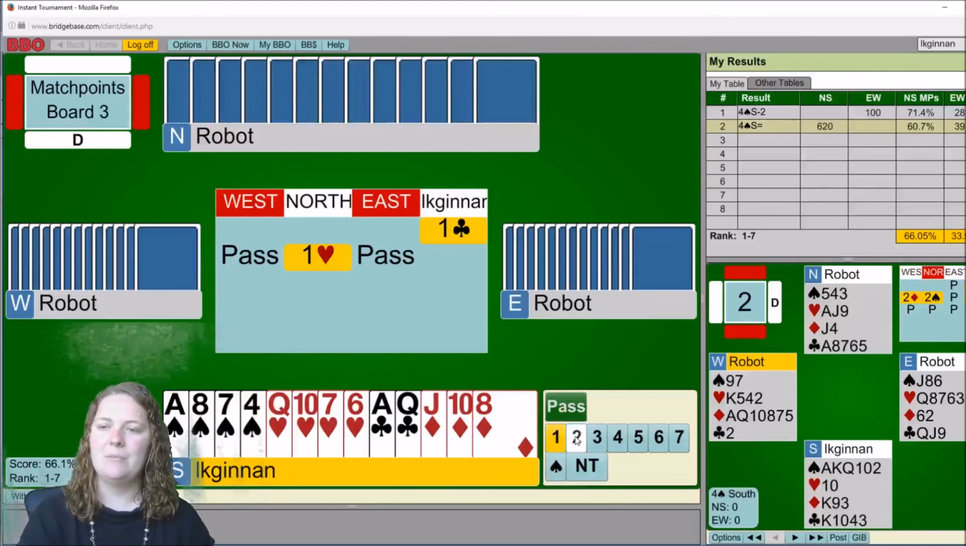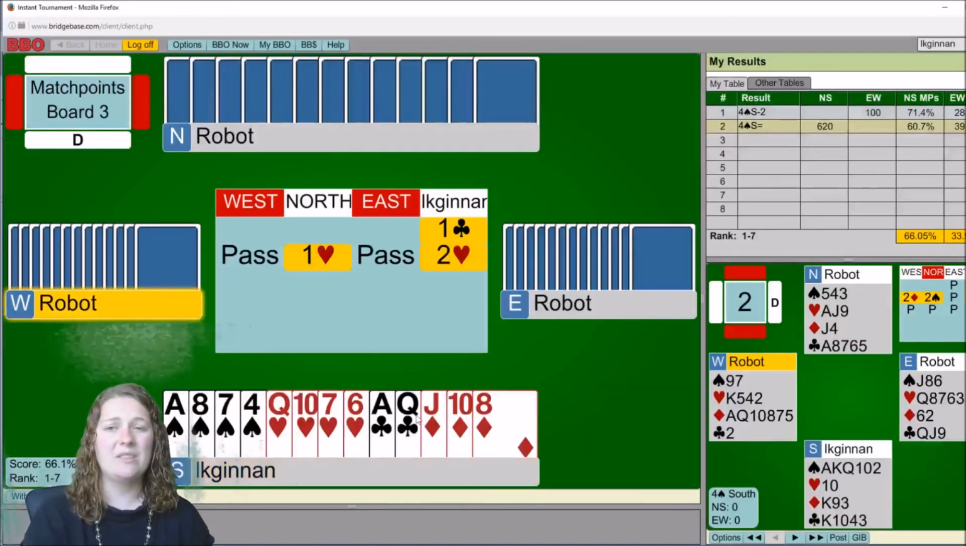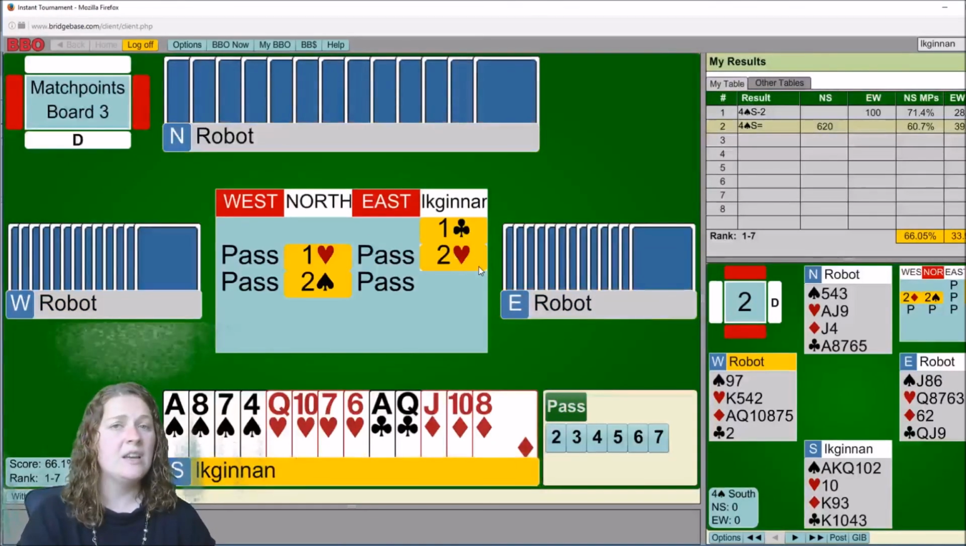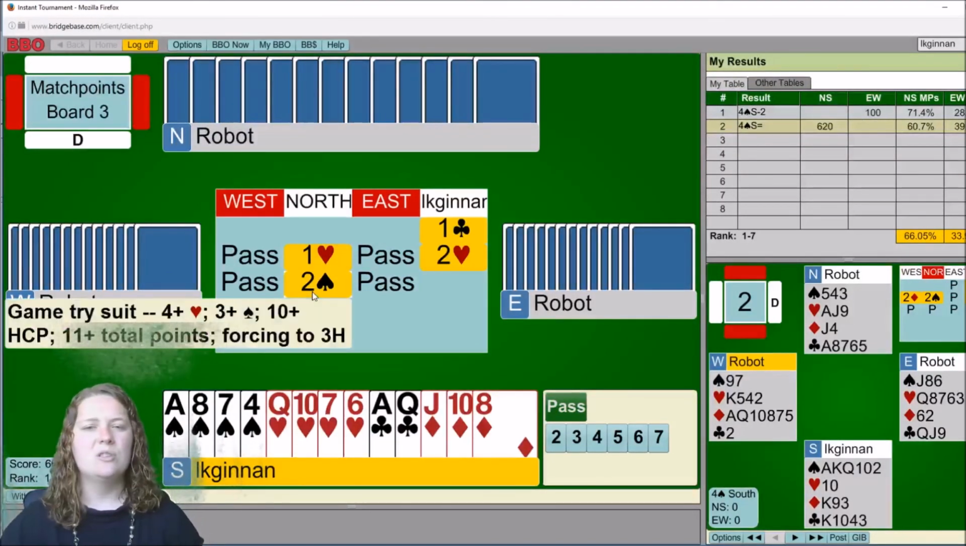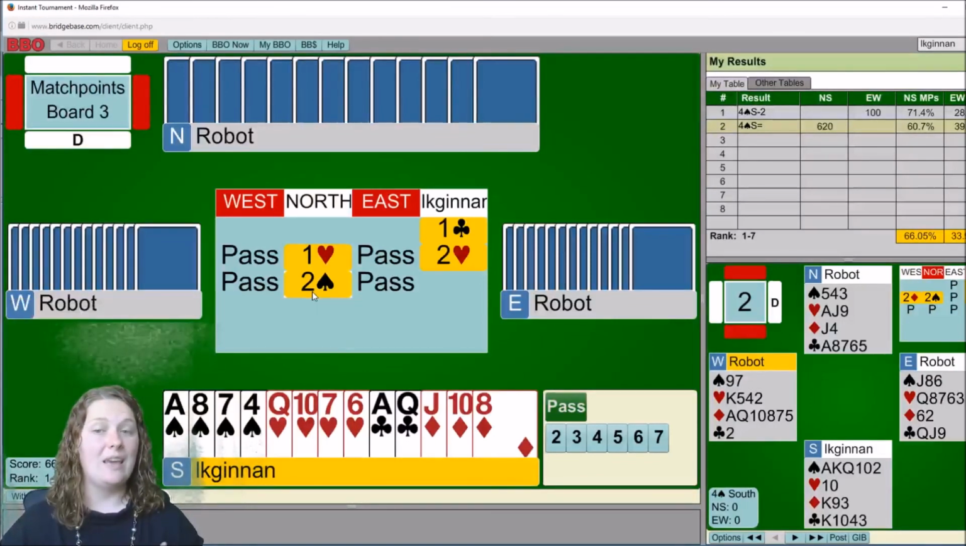So once my partner bids 1 heart, I can simply raise them to 2 hearts because we have a fit. We don't need to find another fit once we've found 1 major suit fit. Now, my partner's 2 spade bid here is also based on the premise that they don't need to be looking for another fit once we've found a major suit fit. So it means that what they're actually doing is making a game try bid,